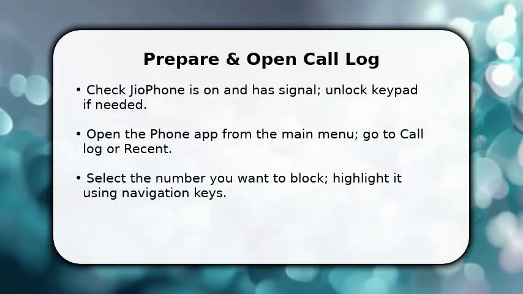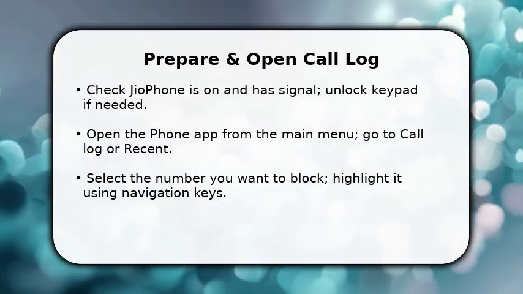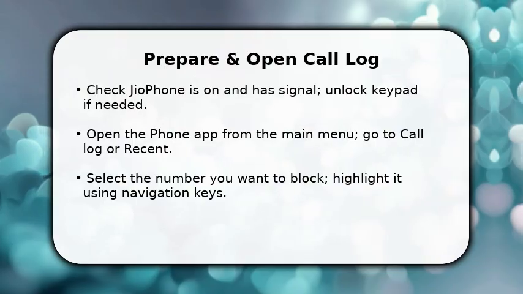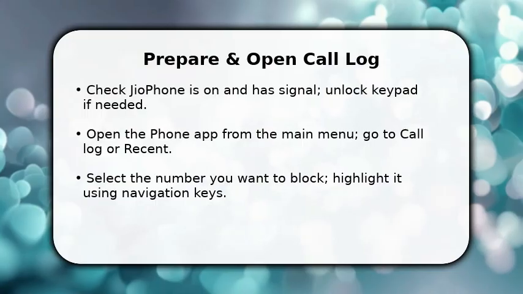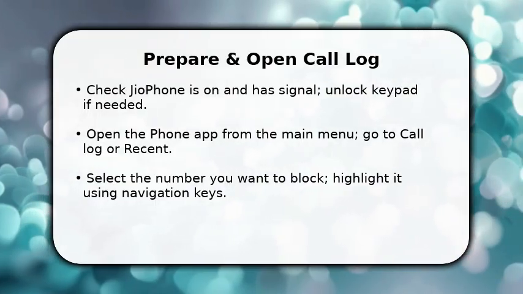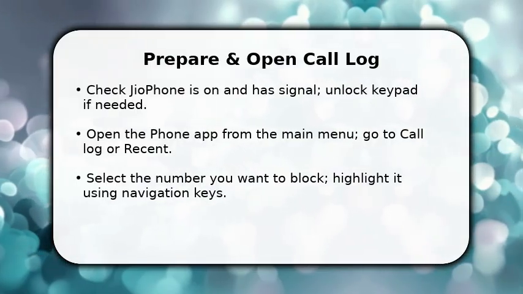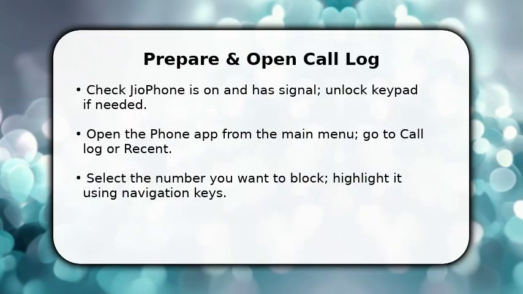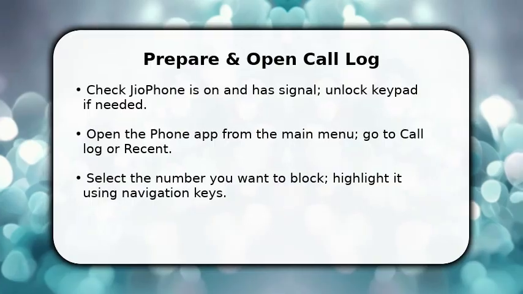You start by making sure the Jio Phone is powered and registered on the network. This ensures settings save correctly. Once done, press the center key to open the phone app and navigate to Recent or Call Log. You need to locate the exact entry for the caller you want to block. Use the up/down keys to highlight it. This first actionable step gets you straight into the number's context, so you can apply the block from the device